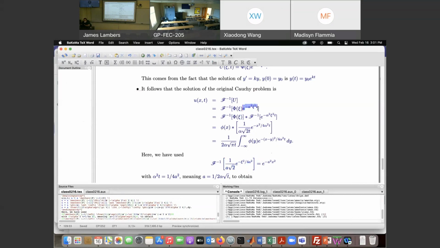I have this, e to the minus alpha squared xi squared t. So I have the exponentials corresponding, and the minus xi squared corresponding. But my constant scaling factor here is alpha squared t, and that has to match up with the constant scaling factor here, which is 1 over 4a squared. So I match these up. I have some constant alpha here and some constant a here, which can be whatever I need it to be to make this work. So I set this expression and this expression equal to each other,